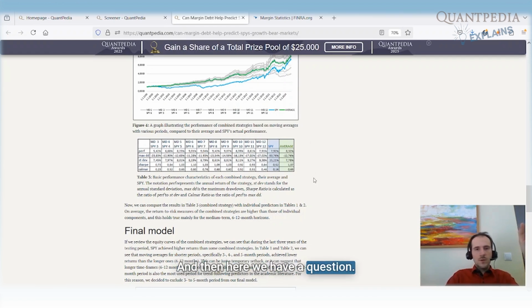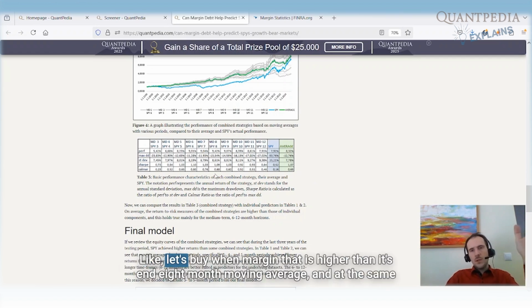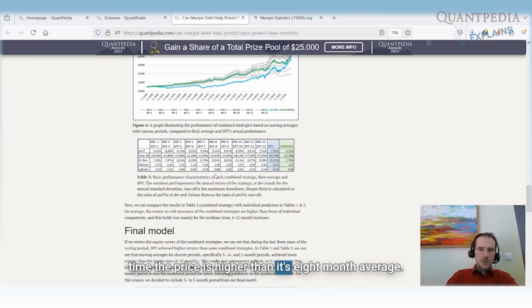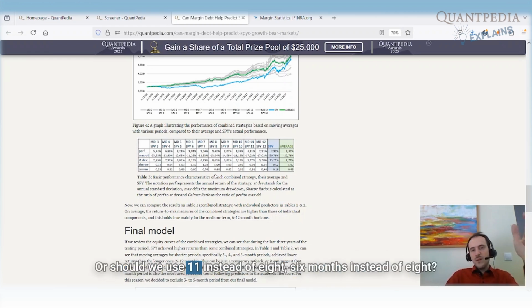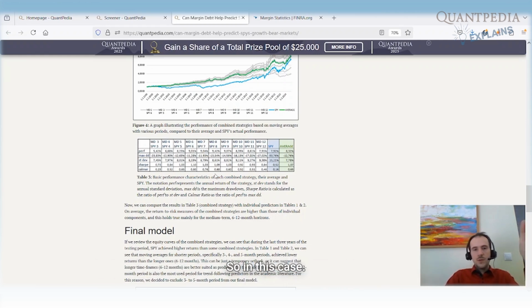And then we have a question. Should we pick just one strategy or one parameter, like let's buy when the margin debt is higher than its 8-month moving average and at the same time the price is higher than its 8-month average? Or should we use 11 months instead of 8, or 6 months instead of 8? So in this case,